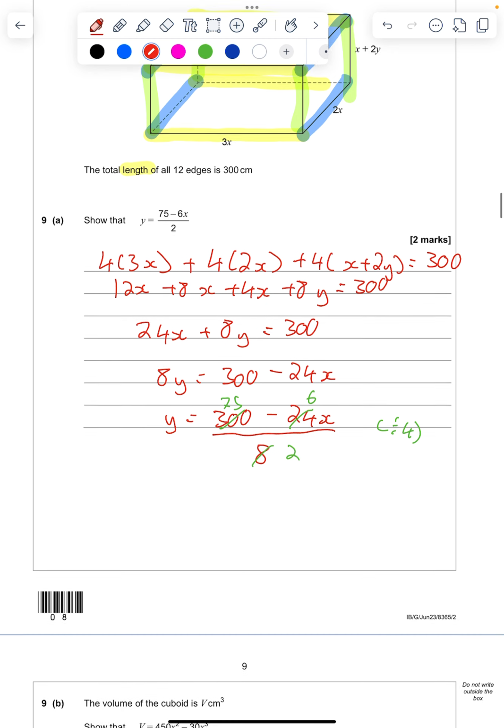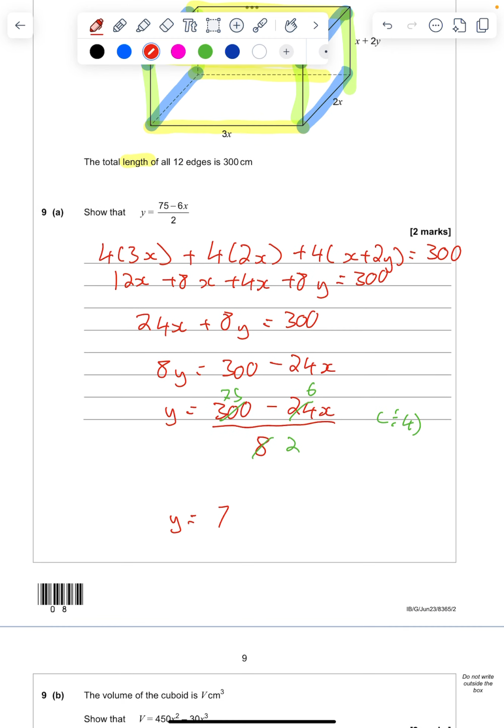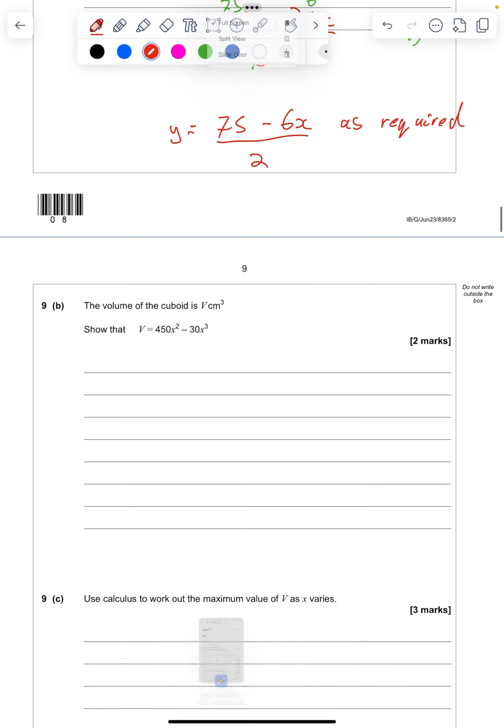So there you go. It does work out. You get y is equal to 75 take away 6x over 2, as required in the question. So I've proven that's what the lengths add up to in terms of y. And then part B